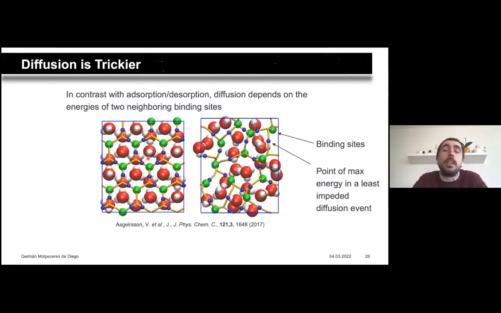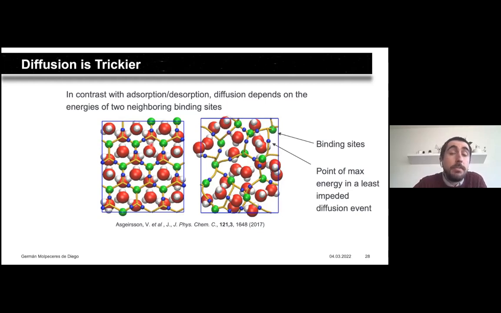Why? Because adsorption and desorption mostly depend on one particular site where the particle lands. In this site, for example, the particle will try to desorb or stick, but it does not depend on the environment of the particle. In diffusion, this is not the case. The movement depends on the site where you start and the site where you end up, and also on the path that you take for making this trip. Therefore, the number of events required for modeling diffusion is much higher than in the case of adsorption and desorption.